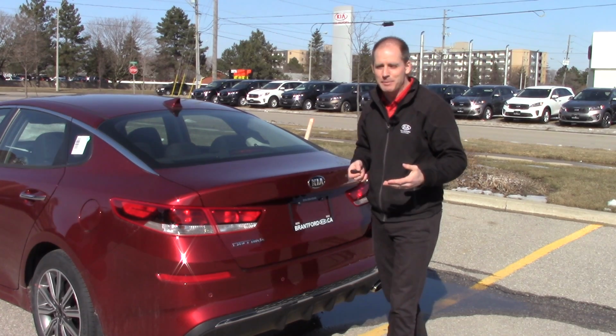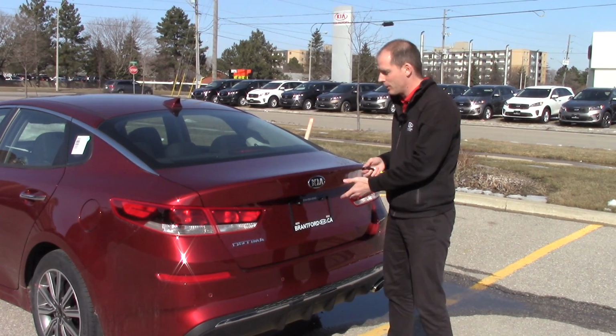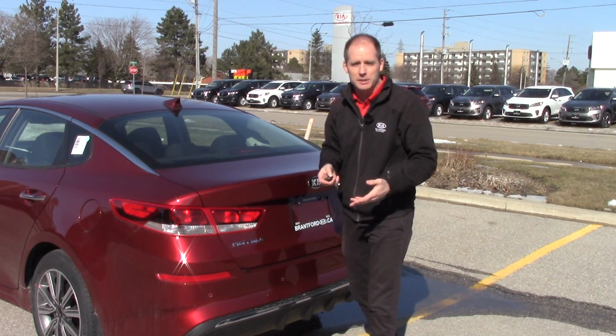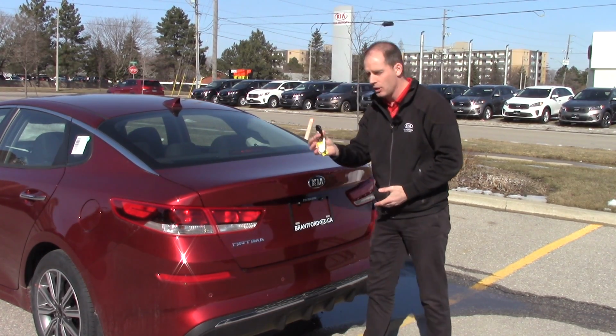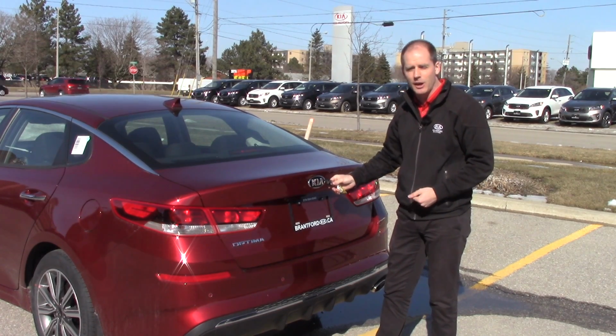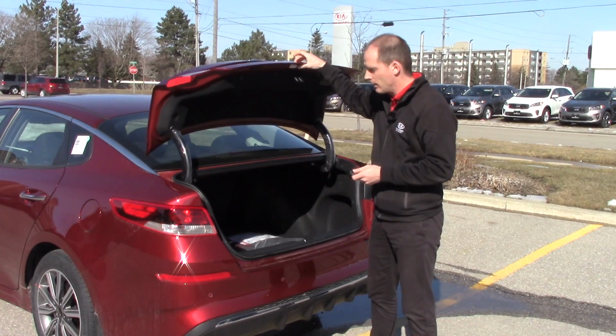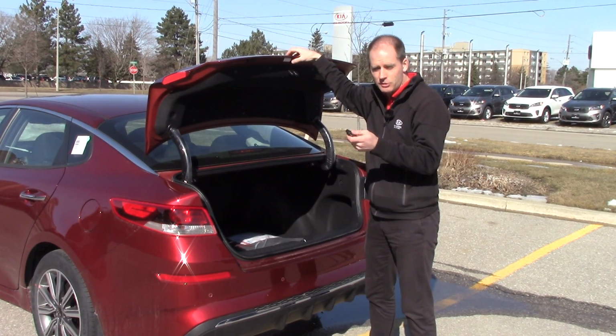Well, a lot of people get mad at me because when I do that, they always figure their trunk is automatically gonna open whenever they have a smart trunk. So I'm proving to you that even with a smart trunk, you can keep that feature off. Even though the key's in my hand, it's right near the back of the car, you don't have to use it. Now what this does do is allow me to pop the button right there and unlock the trunk just from there, or